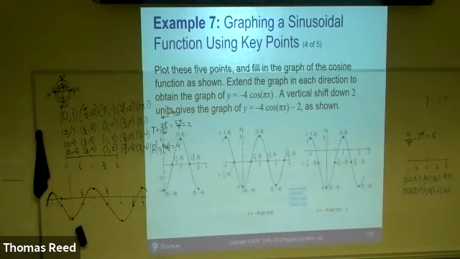It's showing what happens to each of the key points as you apply them. And they did it a little differently than I did, but